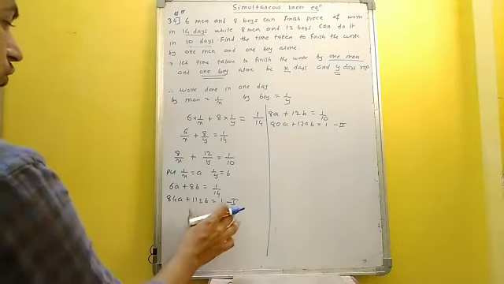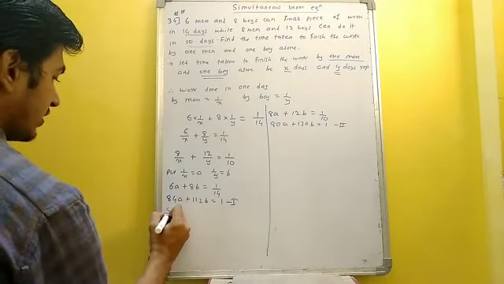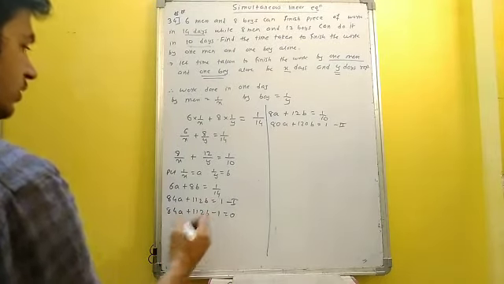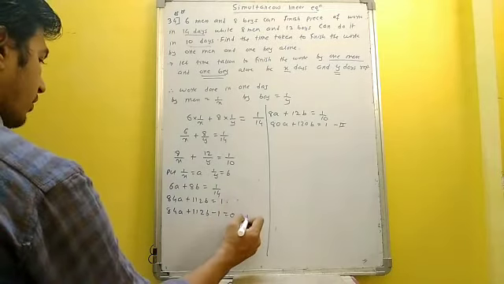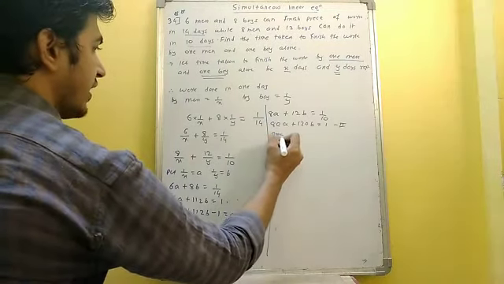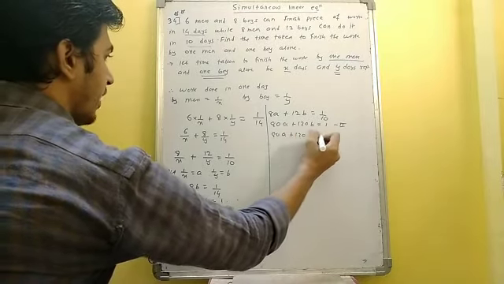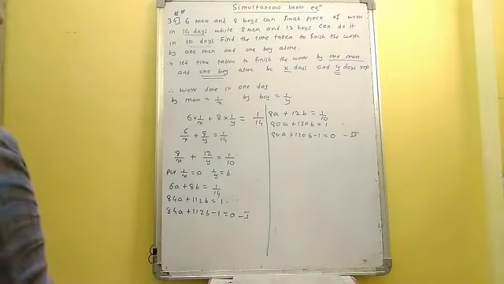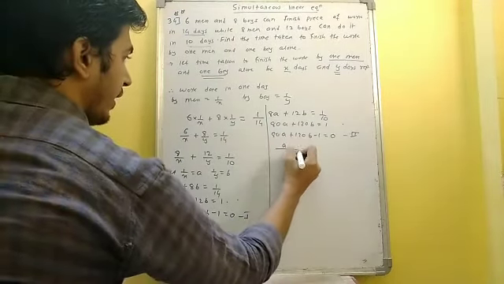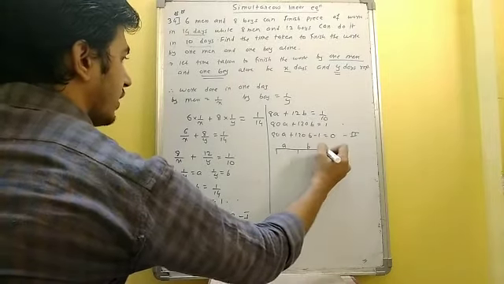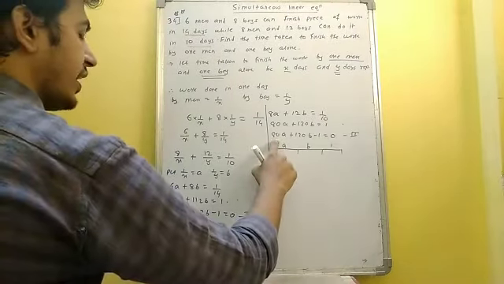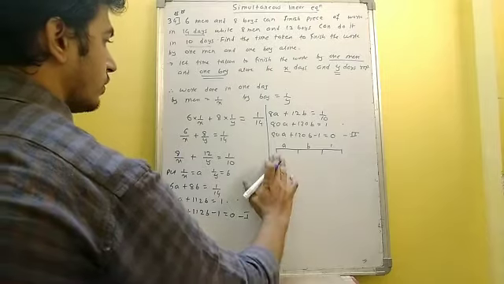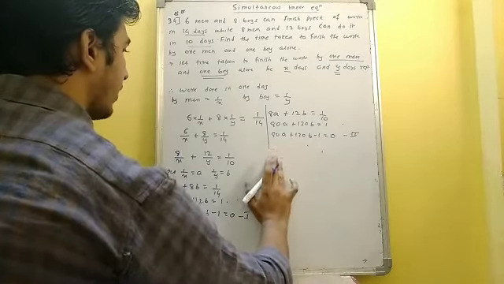Okay, so this equation 1 I will write like this: 84a plus 112b minus 1 is equal to 0. Okay, so this would be my equation number 1, because we need to take all the coefficients this side. So 80a plus 120b minus 1 is equal to 0. This will be my equation number 2. Okay, so for a, for b, and for constant. One minute. First I will write the equations one below the other.